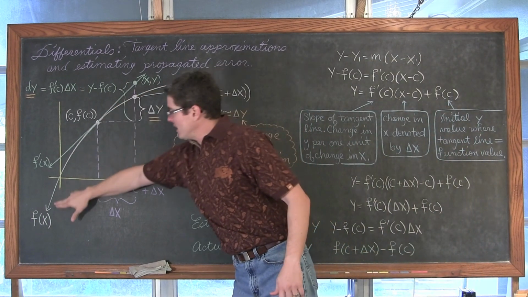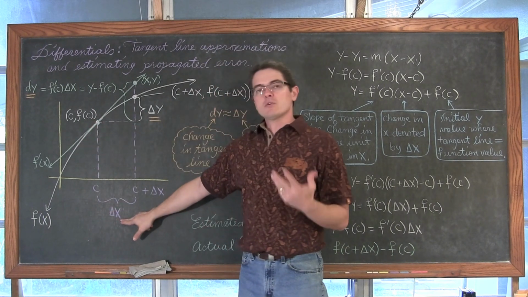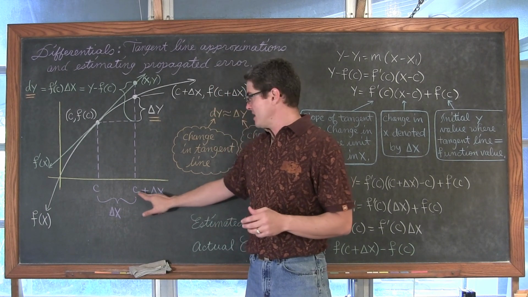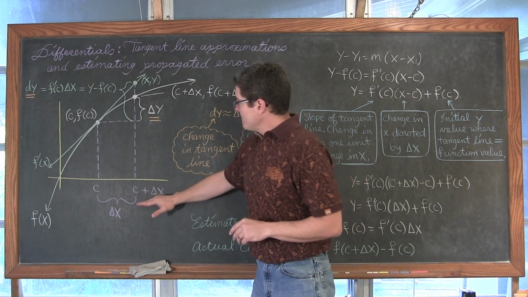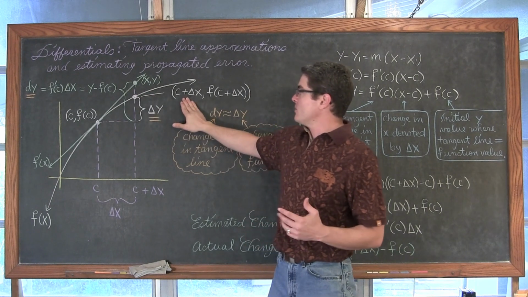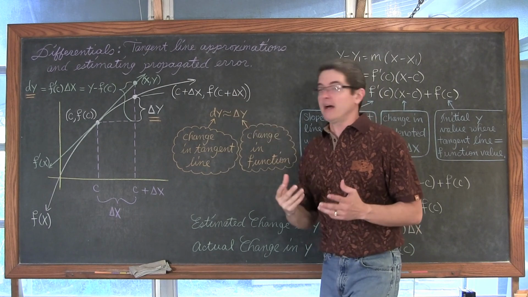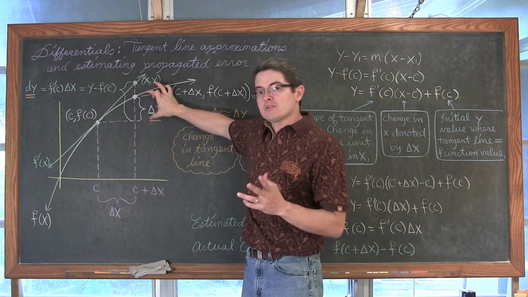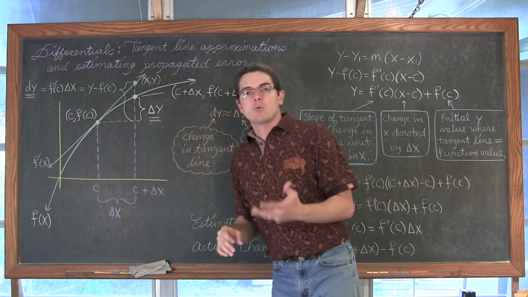So we have a function here, and we have a point of tangency, c, f of c. We've moved over a certain value of x, in this case to the right, and thus we have an x-coordinate of c plus delta x, which we know is just a change in x. And from that, of course, we get a new value on the function, and that point is c plus delta x, comma, f of c plus delta x. Now, like I said, it may be a situation where finding that amount of change in y, the actual change in y, is quite complicated.